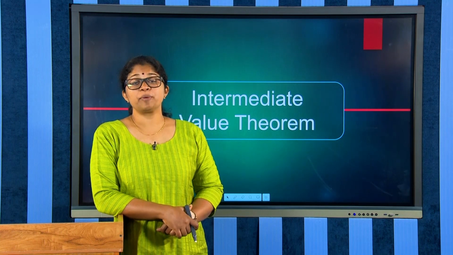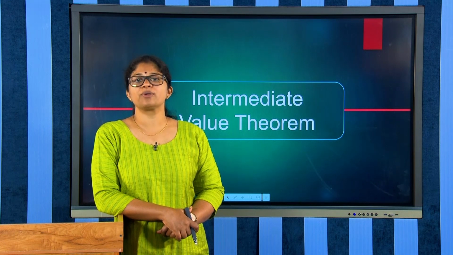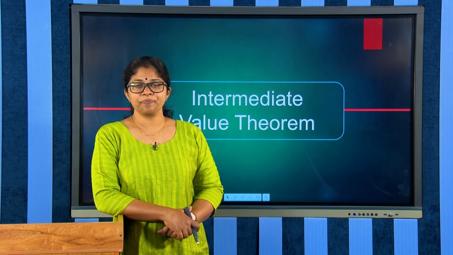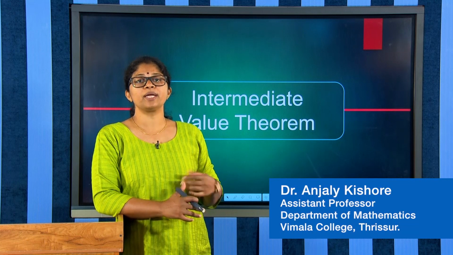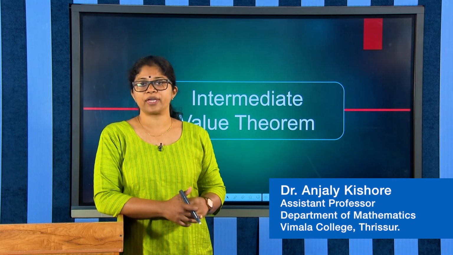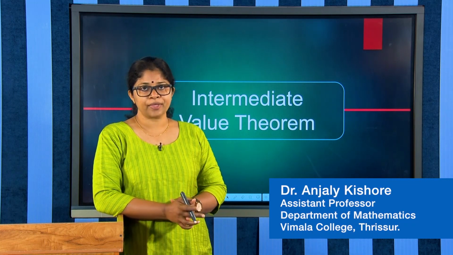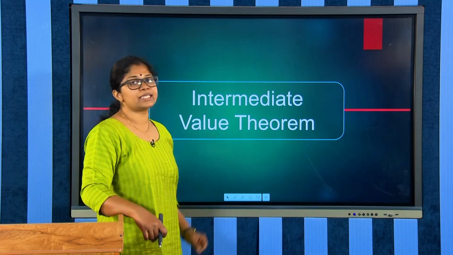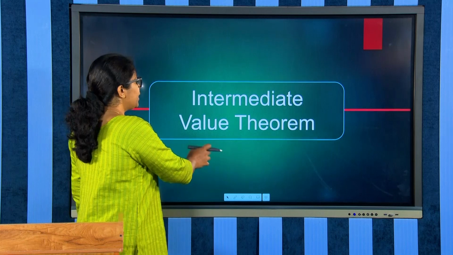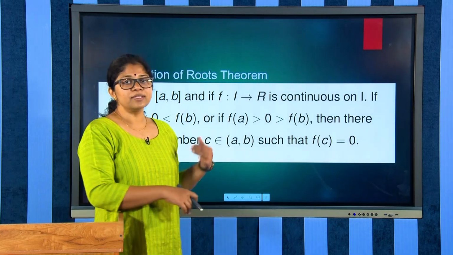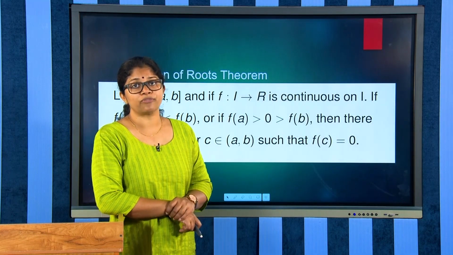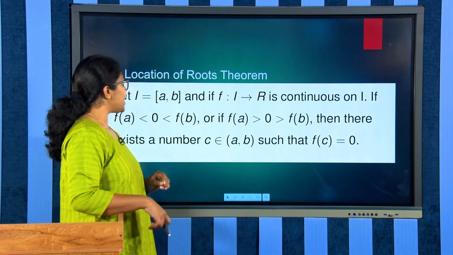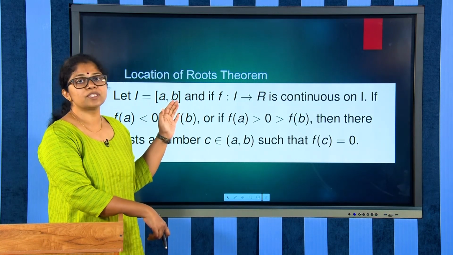Having studied the properties of continuous functions on closed and bounded intervals, we can move on to further properties of continuous functions defined on such intervals. So, in this section we will be learning what is called the intermediate value theorem. The first theorem in this context is the location of roots theorem, which states that if I is a closed bounded